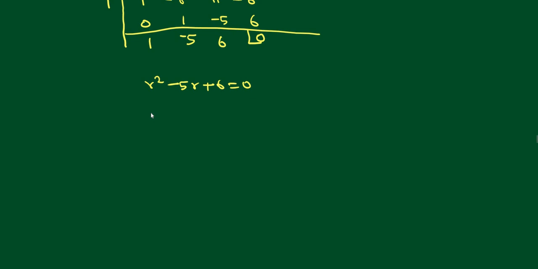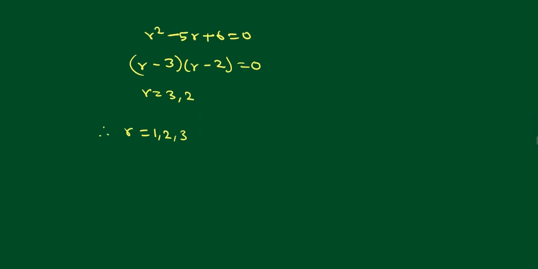The multiplication is 6 and the addition is minus 5. So I want to allot 3 and 2, but especially I need a plus 6 and minus 5. That's why I am allotting minus 3 and minus 2. So therefore, r minus 3 into r minus 2 is equal to 0. Those are the factors. Therefore you are getting r is equal to 3, 2. Already I found that r is equal to 1 is a root. Therefore, we can conclude r is equal to 1, 2, 3 are the roots. I found the characteristic roots.